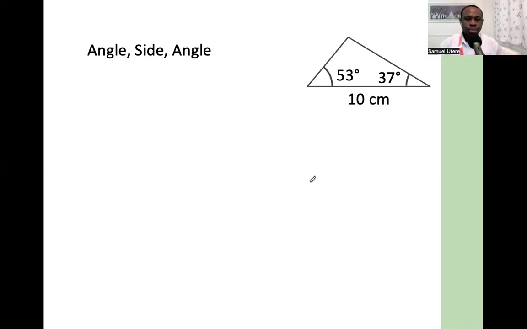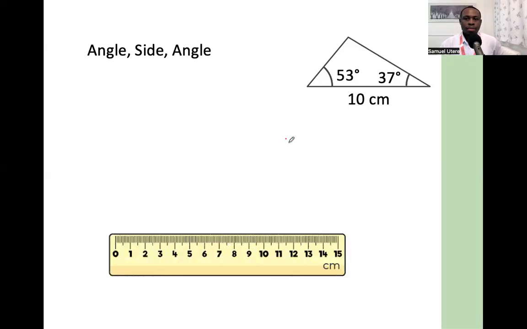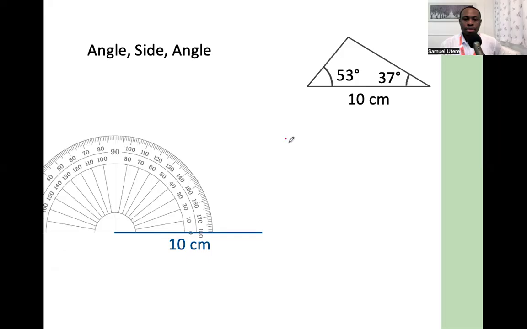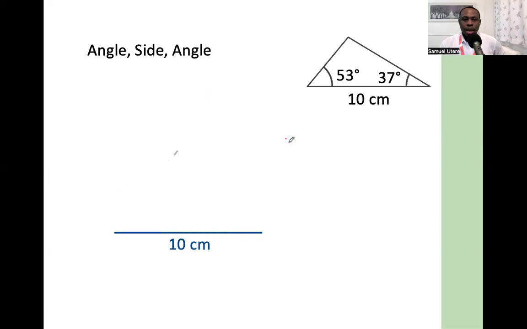So for this one, we have an angle, side, angle. You can see we have an angle, and we have a side between the two angles. Now to construct a triangle like this, we'll simply first draw a 10 centimeter line using our ruler. We use our protractor to measure 53 degrees on the left-hand side and we mark it. We'll take a ruler and draw the line as long as we can, but not so much. We draw the line from the left end of the 10 centimeter line to pass through the 53-degree angle point